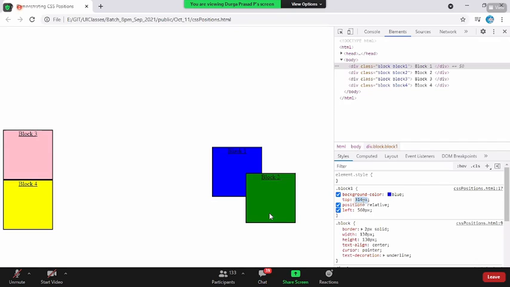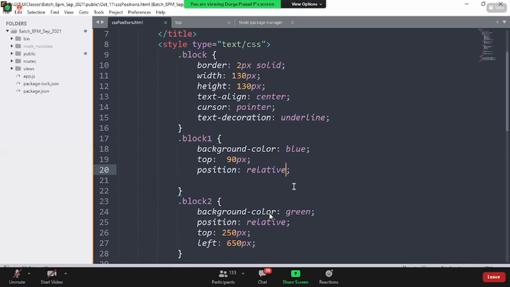There is something called a Z-axis property, which we'll discuss later, not right now, using which you can override it. Right now blue is 1, green is 2. If you make the blue guy 2, automatically the green guy will go at the bottom. We'll see that. But at least, first of all, you understood this: what do you mean by position relative? Everyone, yes or no?